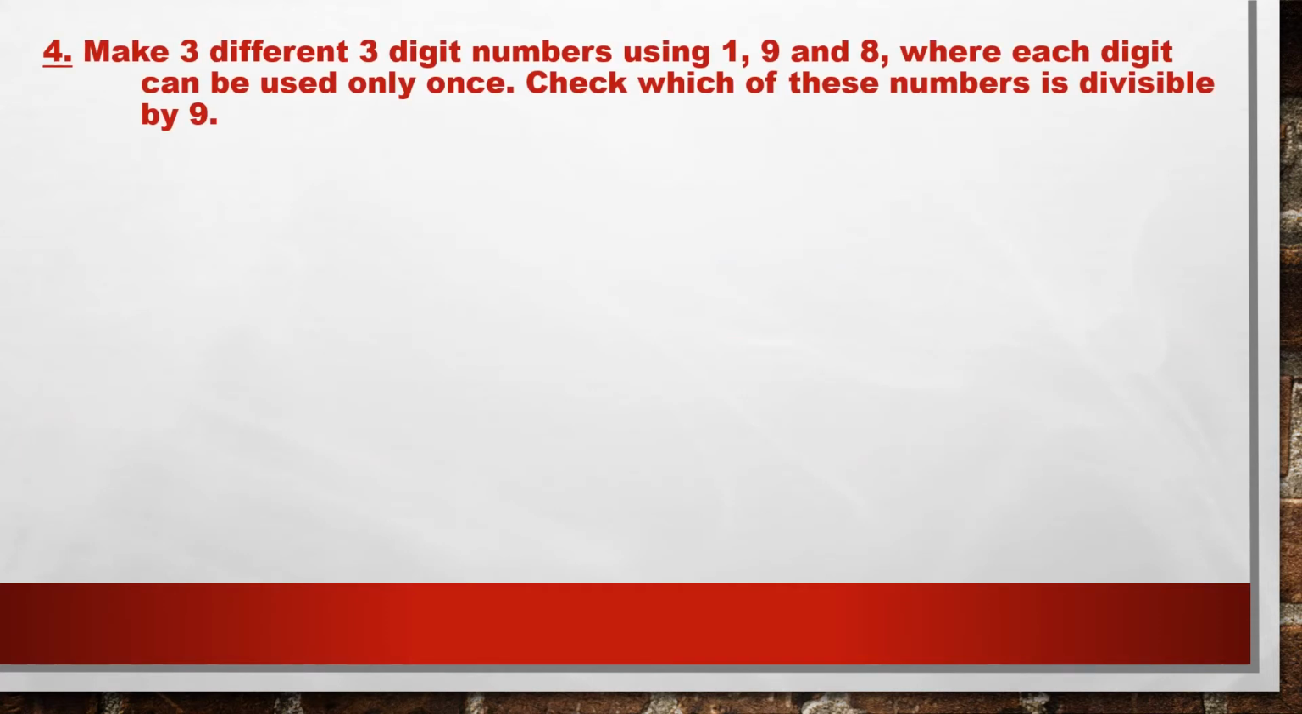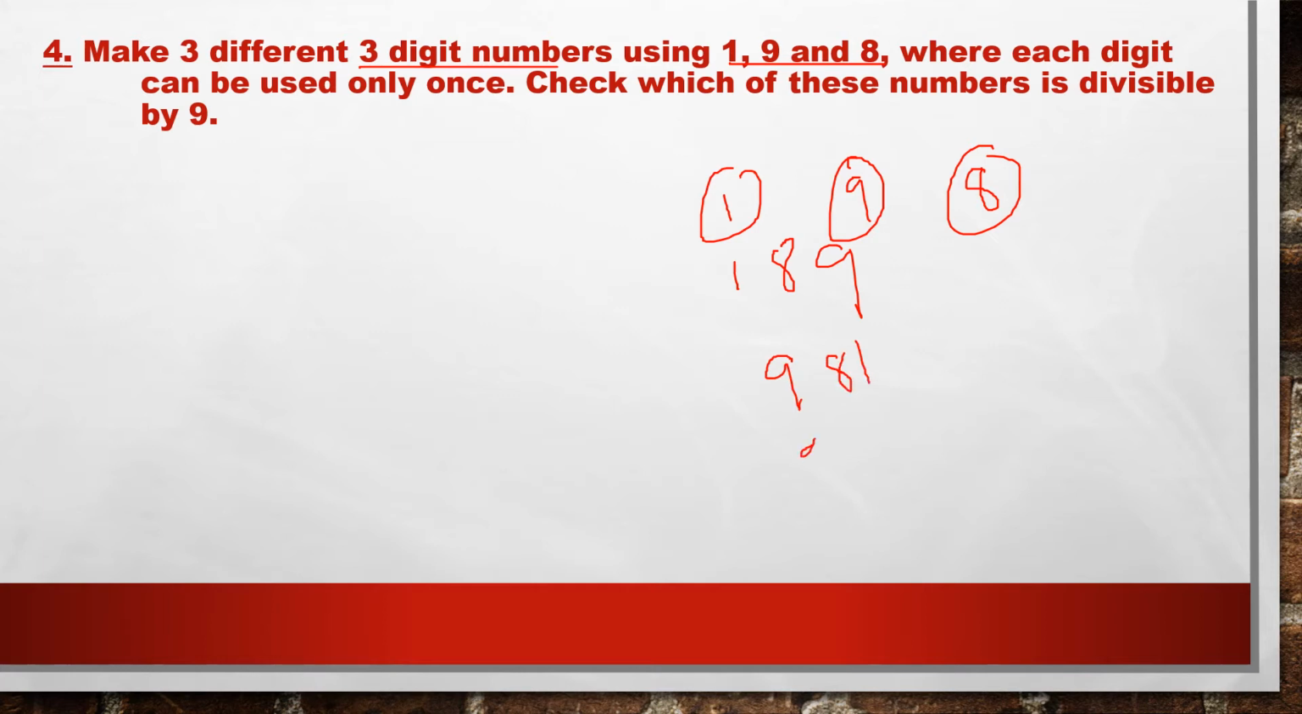Here is the next question. Make 3 different 3-digit numbers using 198. Using these 3 digits, 1, 9, 8, you should write 3 different numbers. Let me write 189. I can write 189, it is a number, right? Using these three digits only. 189, 981,